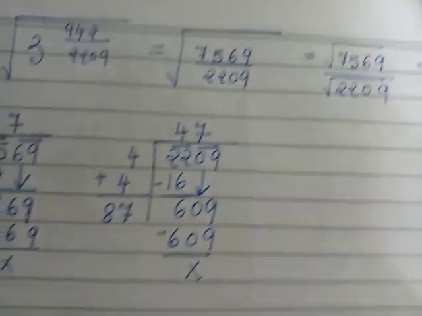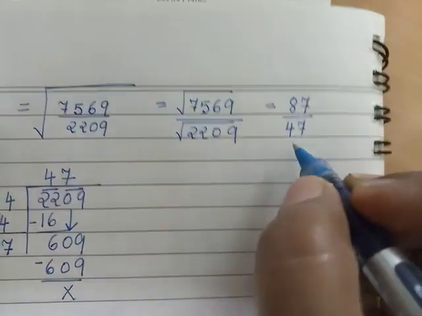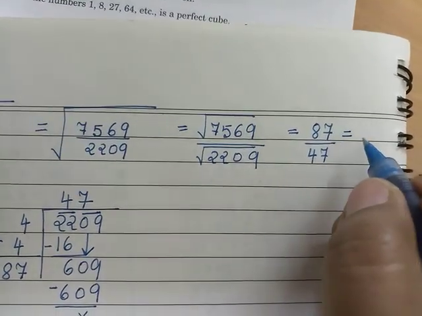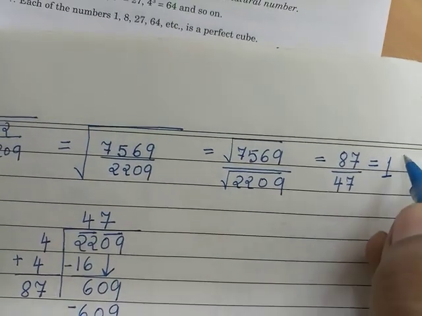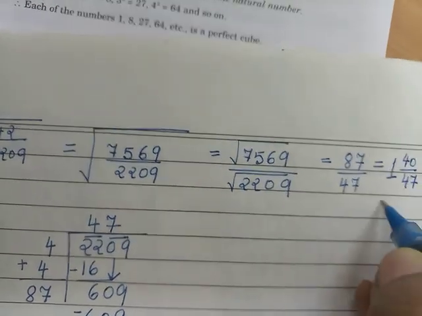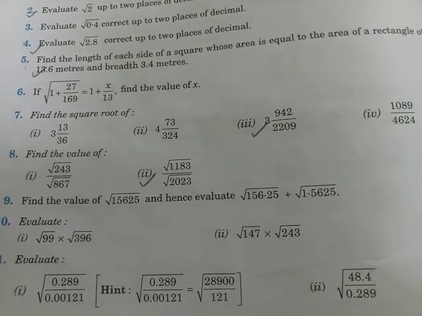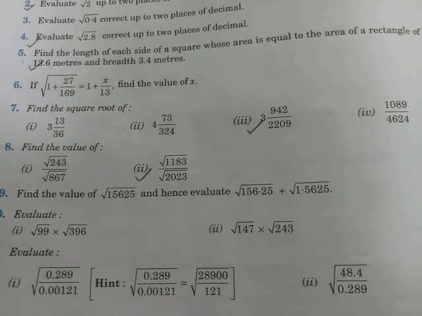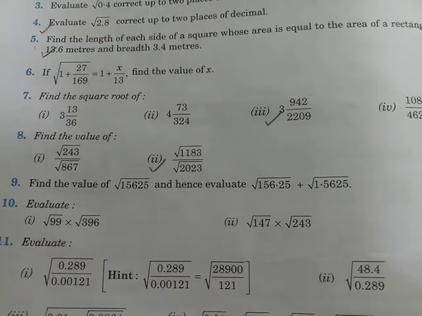Okay, you have to show the working of finding the square root by division method in the fair column only. Now as it's an improper fraction, we convert it into a mixed fraction. So how many times does it go? One time, 1 whole 40 upon 47. So this is your answer. Okay children, you can do the rest of question number 7 on your own. If you have any difficulty, I am there to help you out. Then I proceed with question number 8.